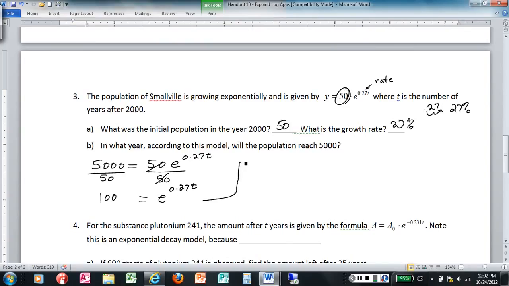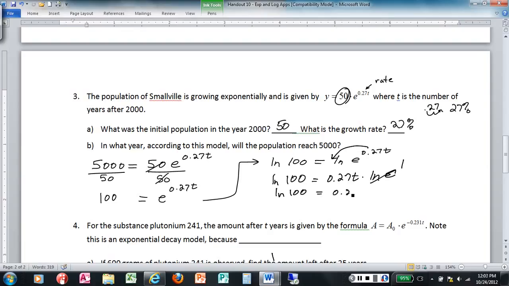Now, take the ln of both sides. ln of 100, ln of e to the 0.27t. Now that we're in a logarithm, the power, we can bring that down. So it'd be ln of 100 equals 0.27t times the ln of e. But the ln of e is 1. So this is just the ln of 100